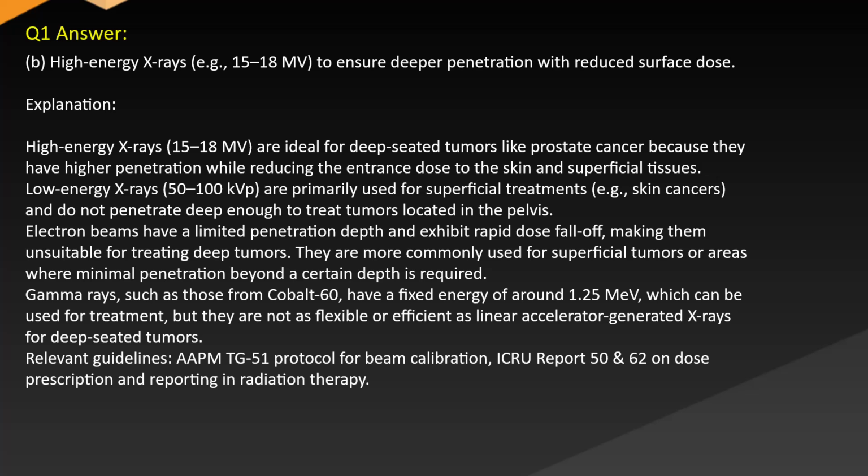Electron beams have limited penetration depth and exhibit rapid dose fall-off, making them unsuitable for treating deep tumors. They are more commonly used for superficial tumors or areas where minimal penetration beyond a certain depth is required. Gamma rays, such as those from cobalt-60, have a fixed energy of around 1.25 MeV. They can be used for treatment, but they are not as flexible or efficient as linear accelerator-generated X-rays for deep-seated tumors. Relevant guidelines: TRS-398 protocol for beam calibration, ICRU Reports 50 and 62 on dose prescription and reporting in radiation